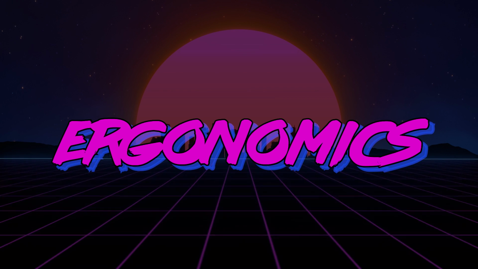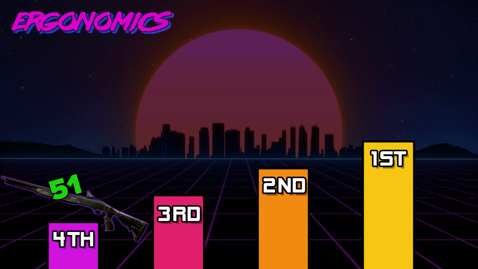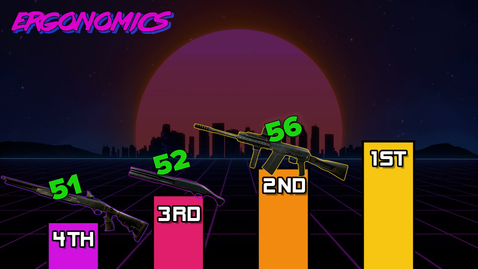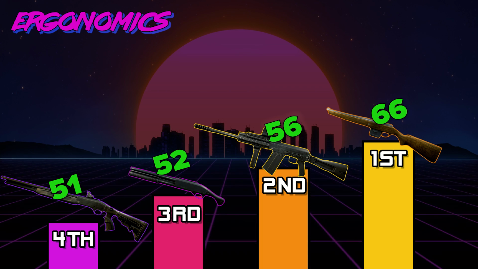Now, ergonomically speaking, how do these babies stack up? Again, the poor 153 comes in last here with 51 ergo. The 870 has 52 ergo. The Saiga is in second place with 56 ergo, and the Taz once again takes the gold with 66 points of ergonomics. Why do these fucking assholes always...